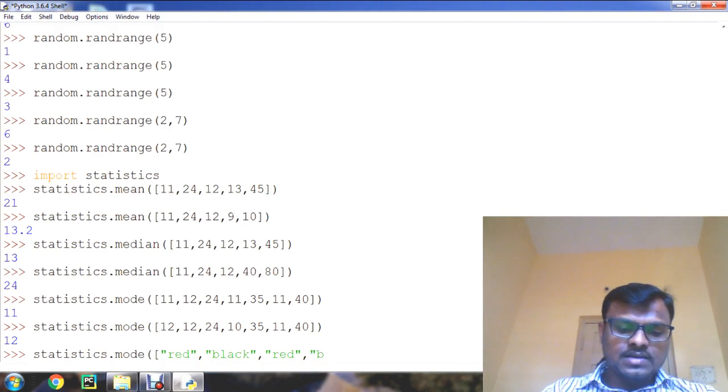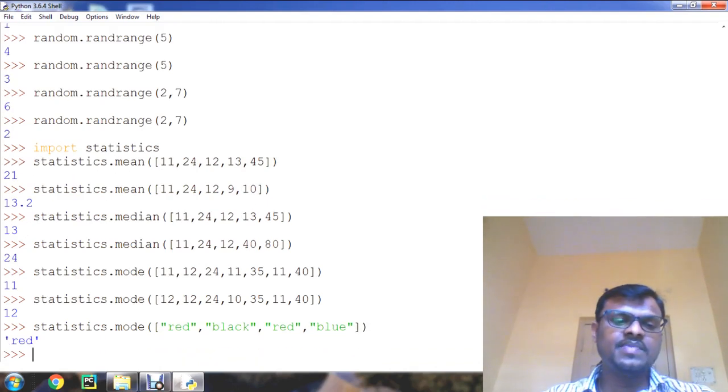So in this string sequence, it is going to check which value is repeated more times, and it is going to print that value. Red is repeated 2 times, that's why the answer is red. So like this we can make use of the statistics functions in our program.